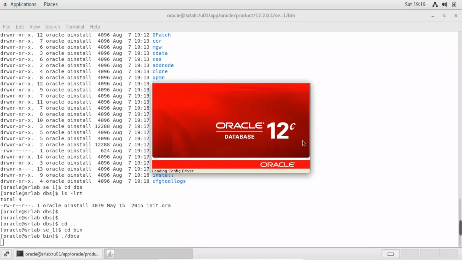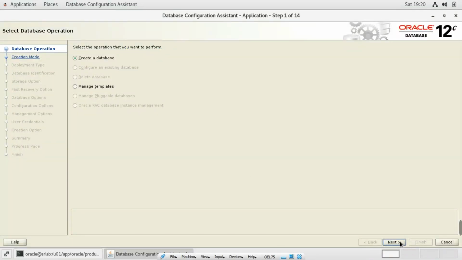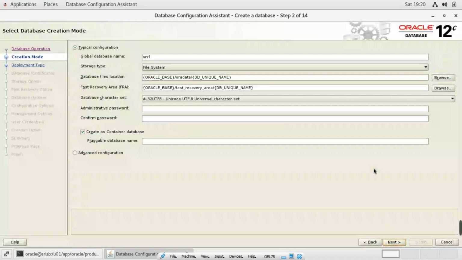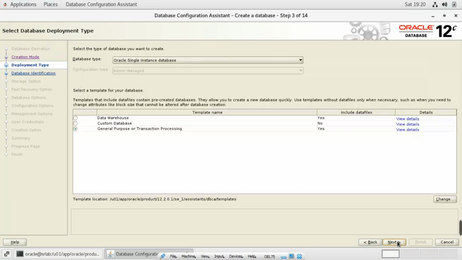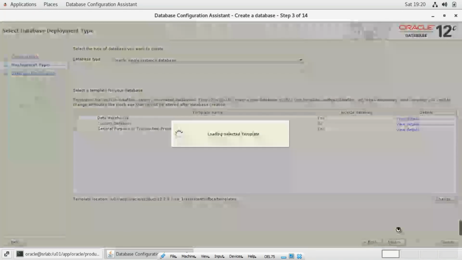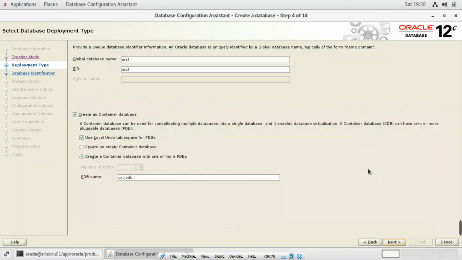Now what I'm going to do is launch DBCA. I'm going to create a database under Standard Edition. Create database, advanced configuration. Custom database only, and general purpose or transaction processing. Click the global database name, SRLab,